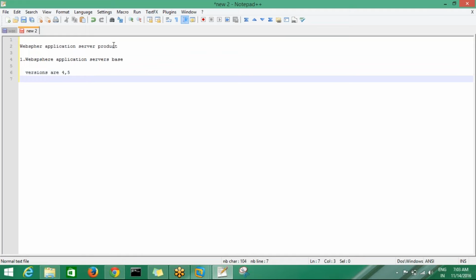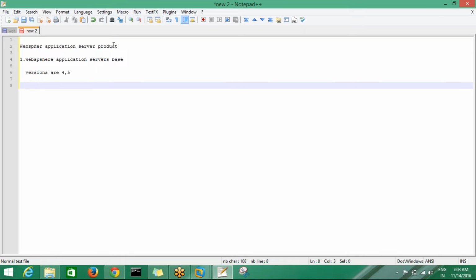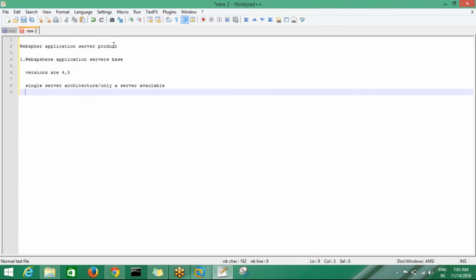The advantage of versions 4 and 5 is single server architecture. That means only one server is available, and this is limited to one CPU.